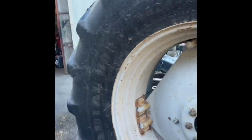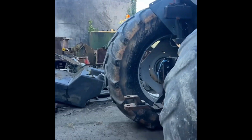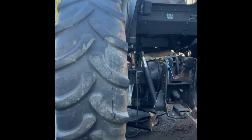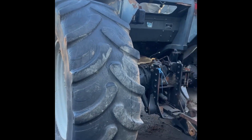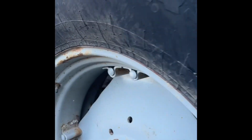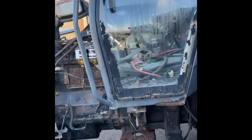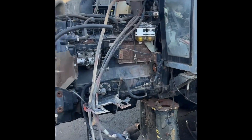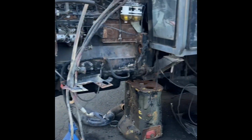Okay, so I've done a couple of short videos on this 4270 on our TikTok channel. But yeah, we're going to strip this lady down. The PTO gears in the back end are sold, and I've kind of been putting off stripping it down, but to get in at them,